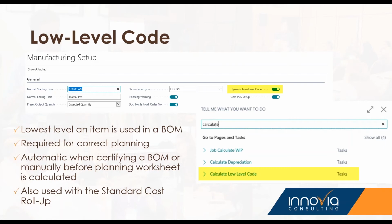So when you certify a bill of material, it's updating the item record for all the components, and it's kind of a value of what's the lowest level of this component is used at. I think it starts at 0 and then it goes to 1, 2, 3. So if your bill of materials goes 3 levels deep, a component could be at level 2 because 0 is the lowest, I think. And how that's used, it's required for planning, because planning starts at the lowest level